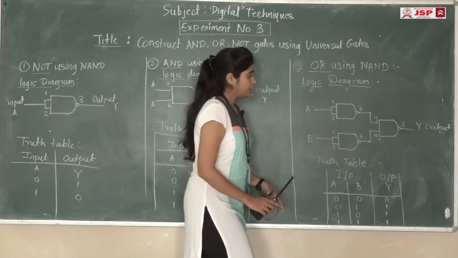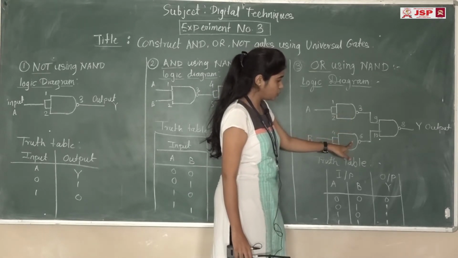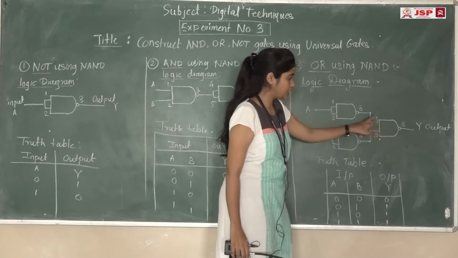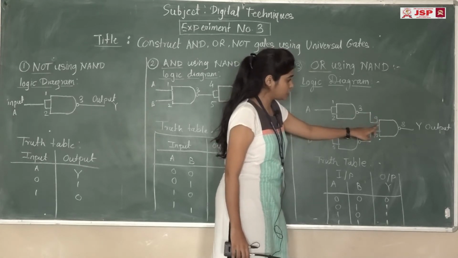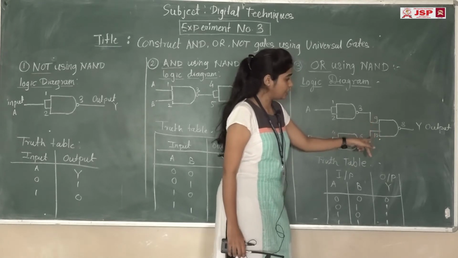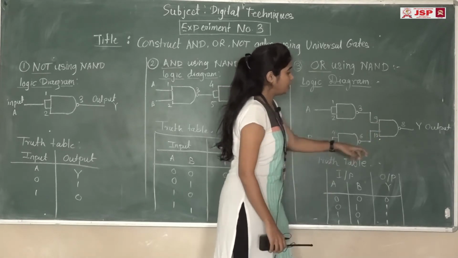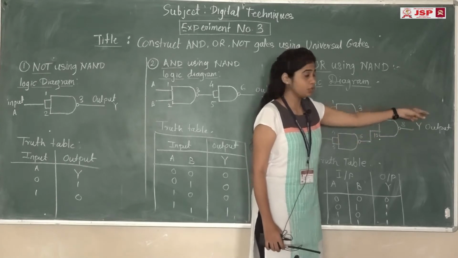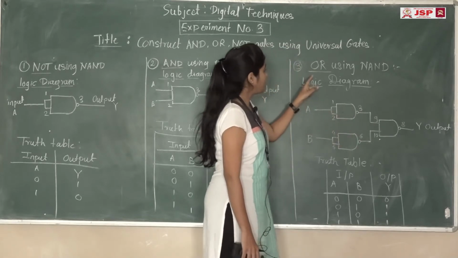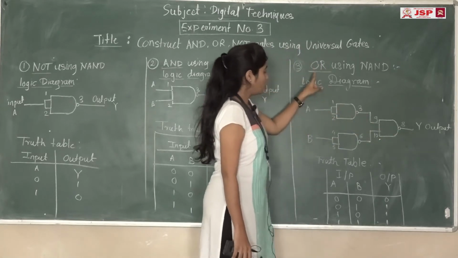Then the output of NAND gate number 1 and the output of NAND gate number 2 are given as input to the third NAND gate. That is, pin number 3 is connected to pin 9 and pin number 6 is connected to pin number 10. That 9 and 10 are the inputs for the third NAND gate. And finally pin number 8 is connected to the output. So by using these 3 NAND gates, we have designed the OR gate, and finally we are getting the output of the OR gate.